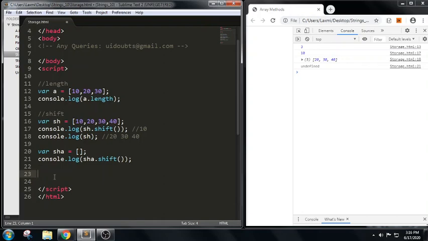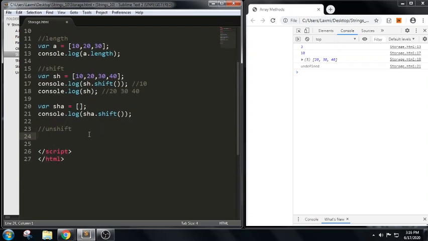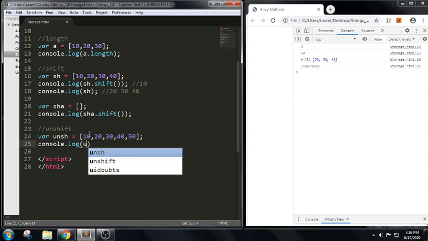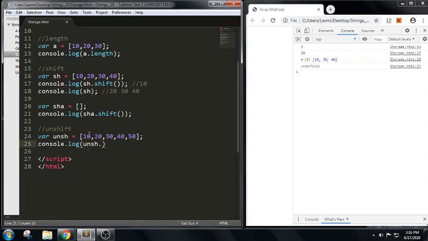Now let us look into the next method, unshift. Unshift is used to add an element at the beginning of an array. So let us see how it goes. Variable unshift equals 10, 20, 30, 40 and 50. Whenever I use console.log with the array name and the unshift operation,